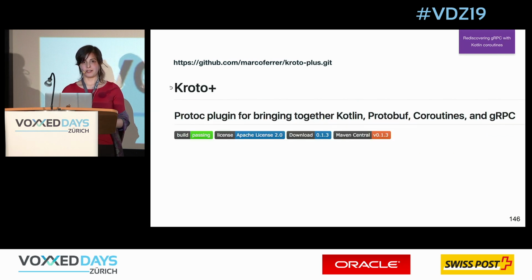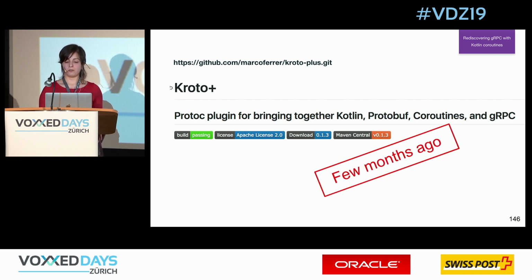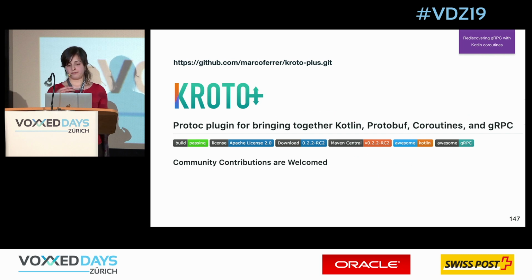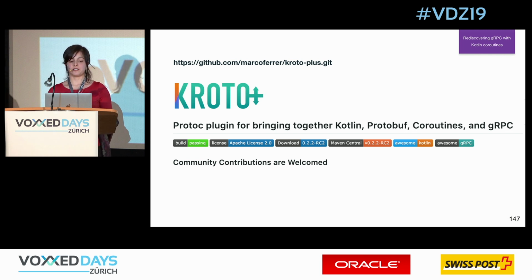One more thing is Proto+. Proto+ is also one more amazing library. When I heard about it for the first time, it was only a Gradle plugin. It was really hard to use and lacked documentation, but that was a few months ago. And now we see that the version is bigger, it has its logo, which is important. And this library is really powerful, and it helps you do more customization. So you can customize your gRPC Kotlin stuff on your own using this library. So it's also something that's worth your attention.